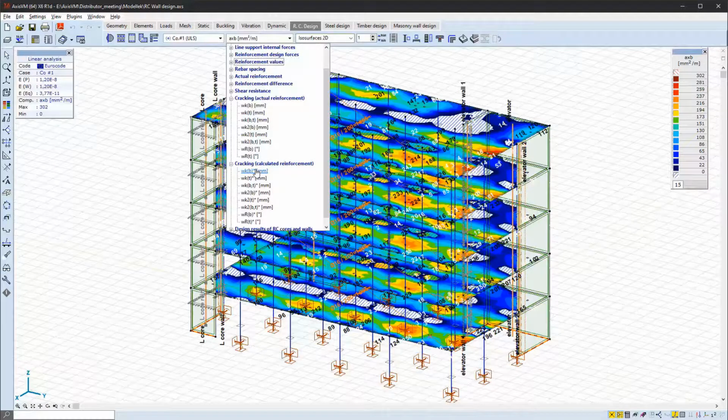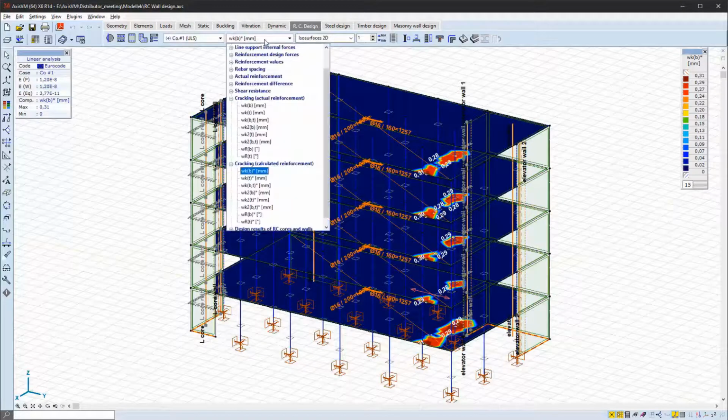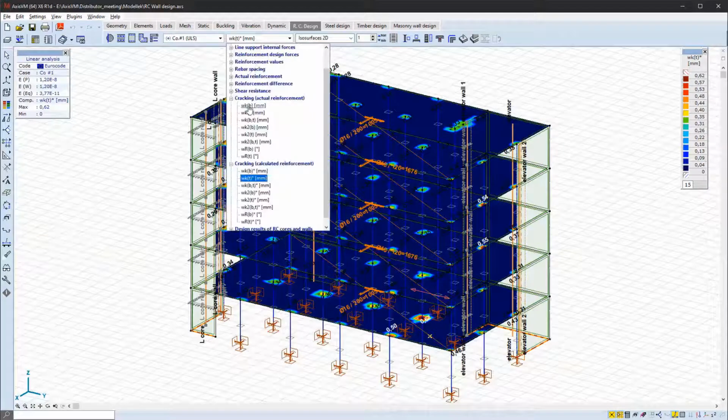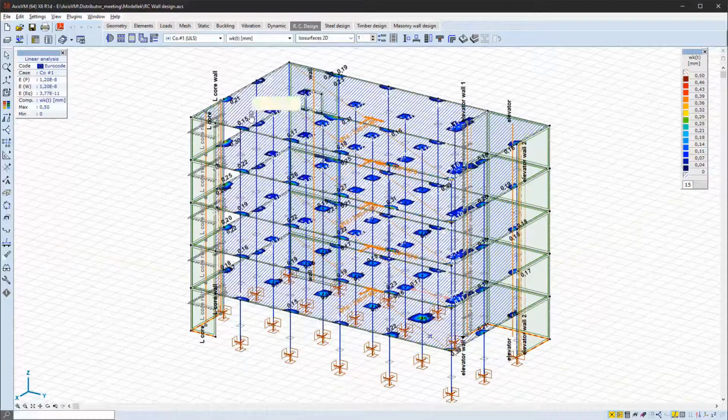So until AxisVM X5, crack width was only calculated if we had actual reinforcement defined on the domains, and from now we will have the option to estimate the cracking width based on the calculated reinforcement values. The calculated crack widths for calculated reinforcements are highlighted with an asterisk in the upper index.